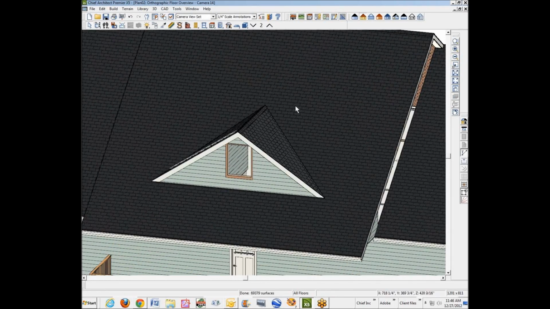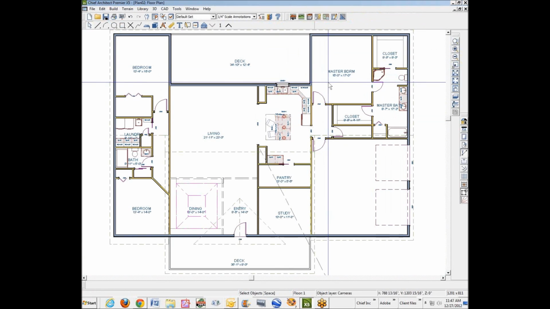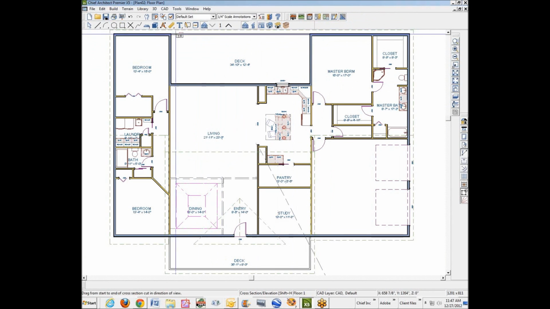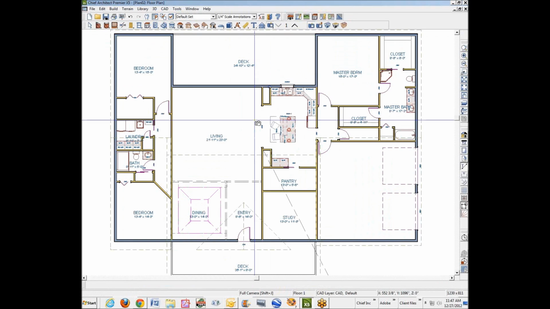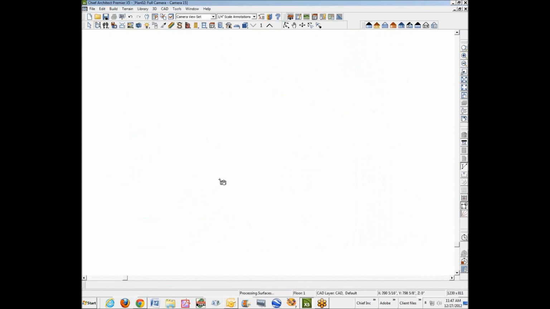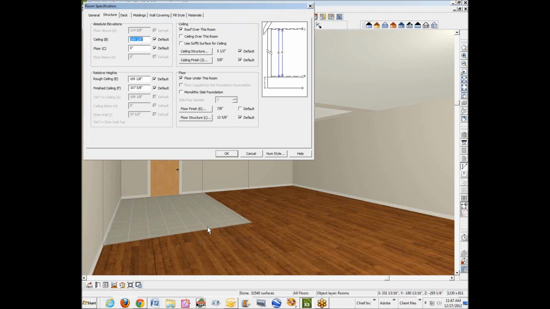I was trying to figure out what happened on the inside. Looks like some junk has gone on the inside. I need to get out of CAD tools. That's what I need to do. Did this get goobered up as well? Yeah, it got goobered up as well. That's supposed to be